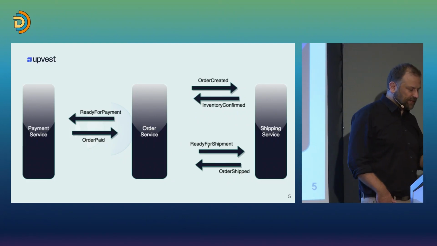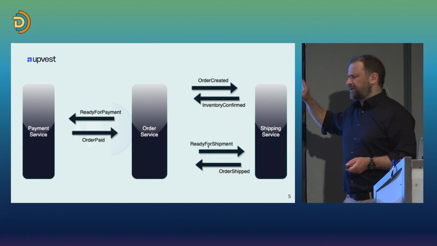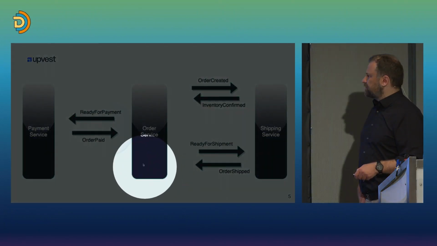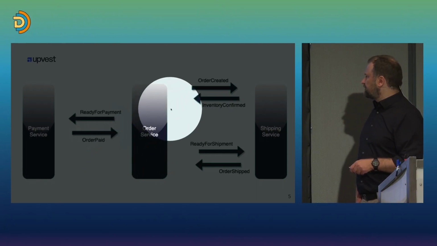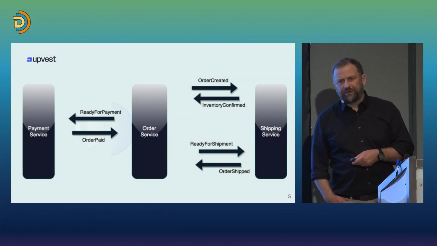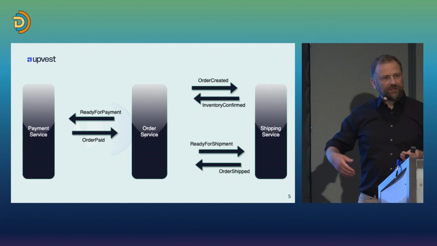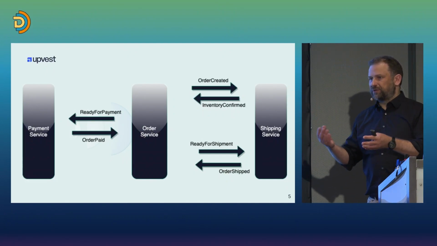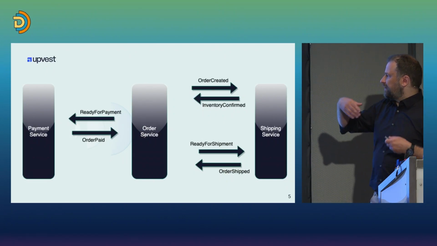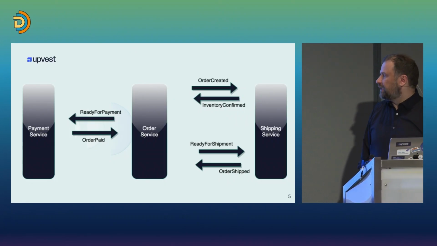As I said, what we see here is a very simple workflow, right? There are a lot of things odd about this, but one thing I want to point out is the order service. This order service has a bit of a special role, right? Everything goes back and forth to the order service. You could say the order service here is a coordinator, right? The order service knows the overall flow and makes sure that the conditions in this flow are fulfilled. It will emit the appropriate events and progress the flow as the events come in.